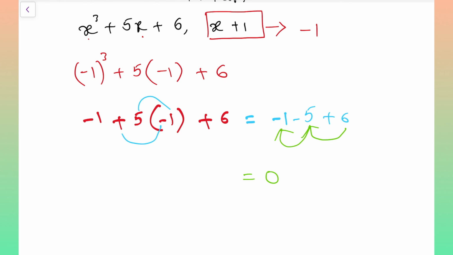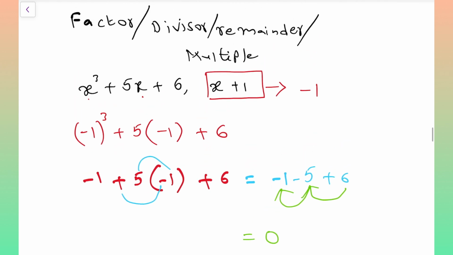If you get answer 0, then x plus 1 is a factor, x plus 1 is a divisor, and x cube plus 5x plus 6 is a multiple of x plus 1. In case it is not equal to 0, then that is not a factor, not a divisor, not a multiple. Finished. Just like how we find the value of the polynomial, it is the same, but the only thing is that we need to change